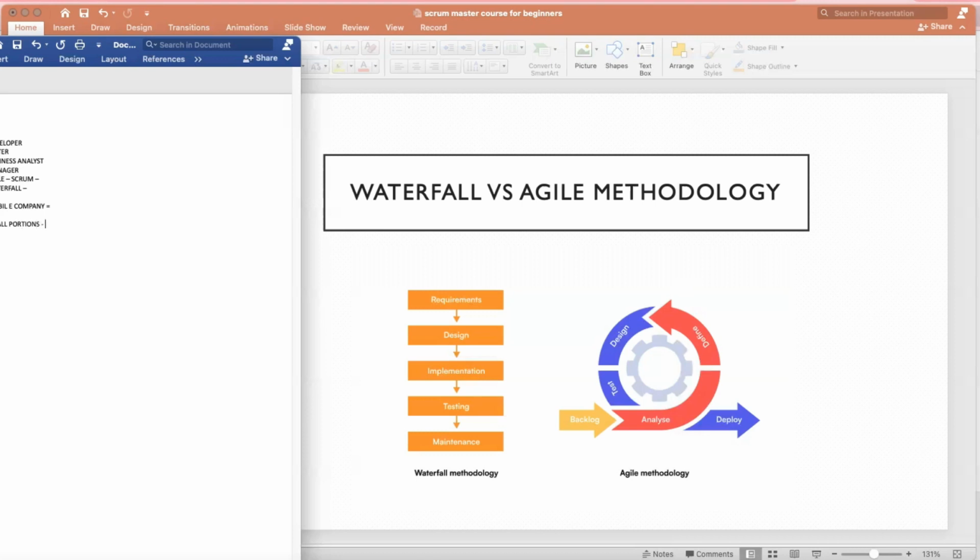Small portions in the sense, we divide the components of the software into small portions. For example, the front page or the landing page. Let's say it's a mobile company, they need some software, there will be a landing page for the software, right? So that landing page needs to be developed first, and then